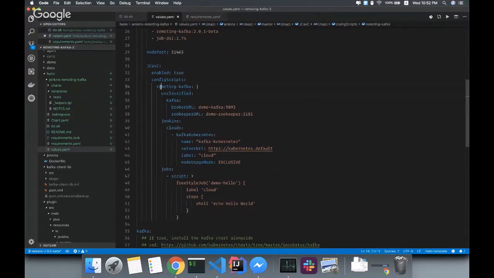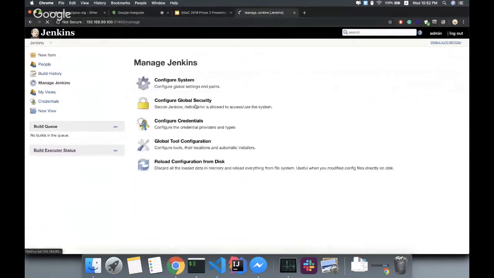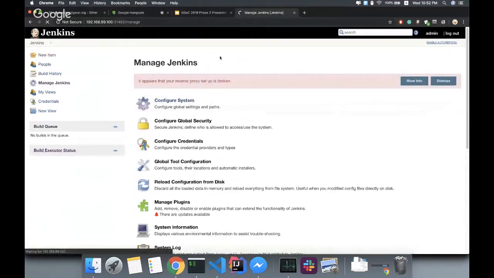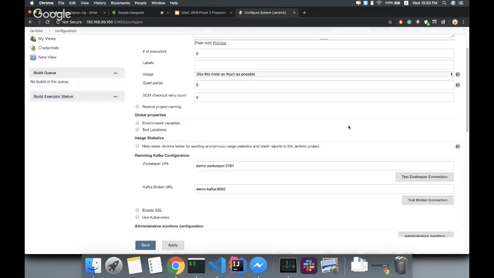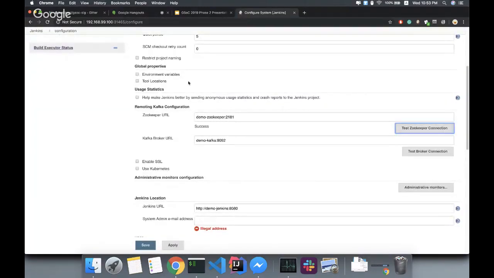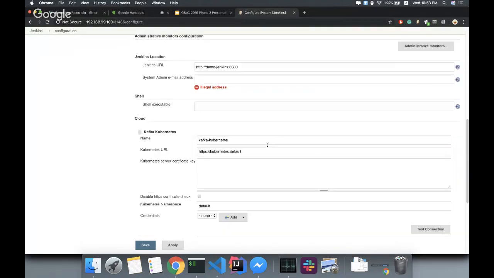So basically, this GSoC will configure the remoting Kafka plugin and also configure a job to test the agent. By using the Helm chart with GSoC, I have pre-configured everything before launching Jenkins: Zookeeper URL, Kafka URL, and